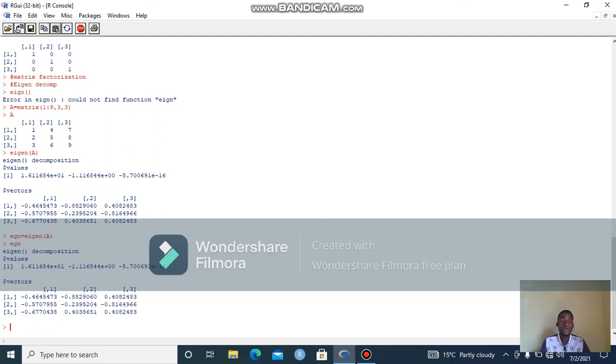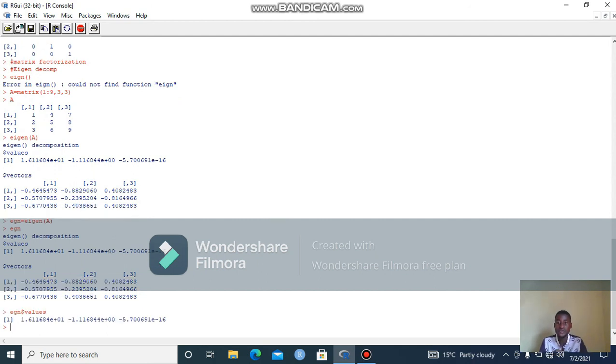And that is why we were saying it is very important to have variables, because without a variable here, we could not separate the eigenvalues and eigenvectors. But because I have the eigenvalues and eigenvectors stored in the variable eigen here, I'll say eigen, but I only need the values. So I'll have the $ sign and the word values like that, and this will give me the eigenvalues without